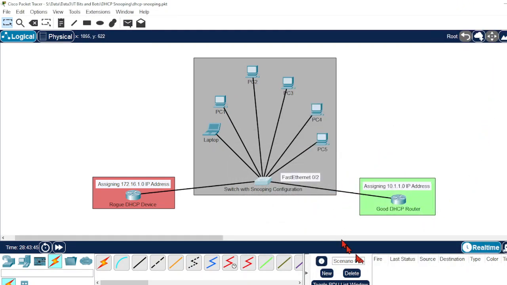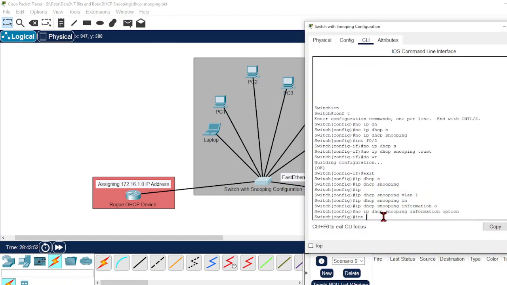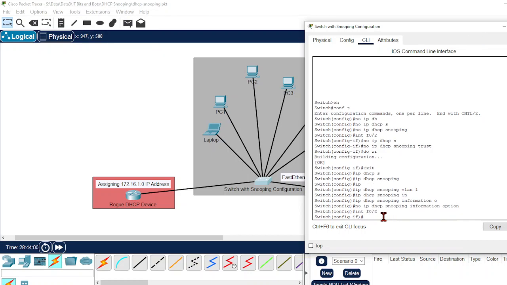This goes here, and now we're getting into the interface that we have to assign for this DHCP router. So let's get into this interface. The interface is F0/1, right? Oh sorry, it's 2. So we're getting into that interface, and we're saying that